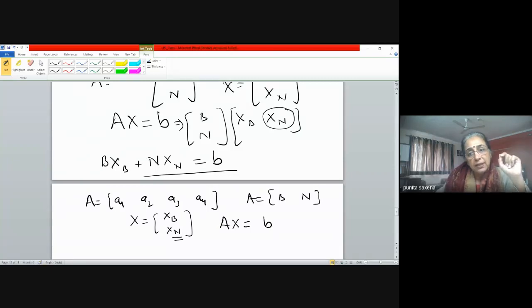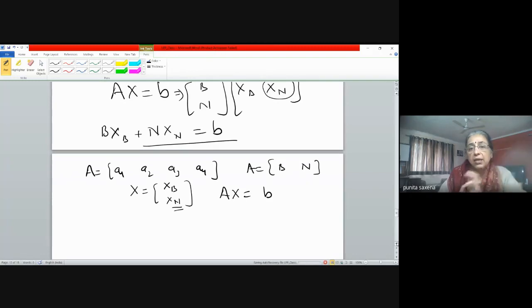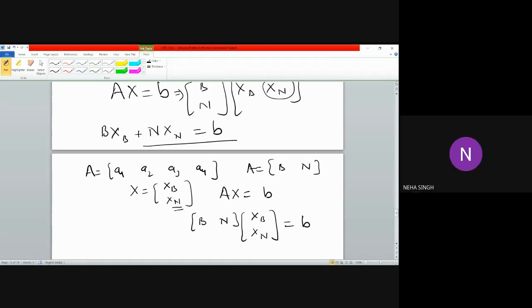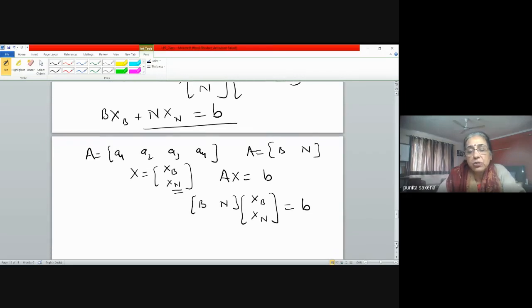ठीक है। अब हमारा सिस्टम ऑफ इक्वेशन क्या था एक्चुअली, तो Ax इक्वल टू b। इसका मतलब अब तुमने जो मैन्युअली करा वो तो तुमने 0 पुट किया, फिर उनको बाय द मेथड ऑफ एलिमिनेशन एलिमिनेट किया और फिर बाकी की वैल्यूज निकाली। अल्टीमेटली तो तुमने BxB प्लस NxN इक्वल टू b को ही सॉल्व करा। यही तो था हमारा सिस्टम ऑफ इक्वेशंस। इज इट ओके? Yes, ma'am. ठीक है ना।